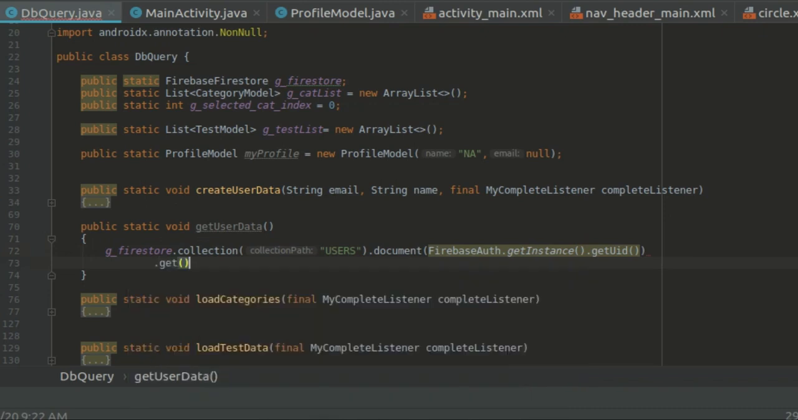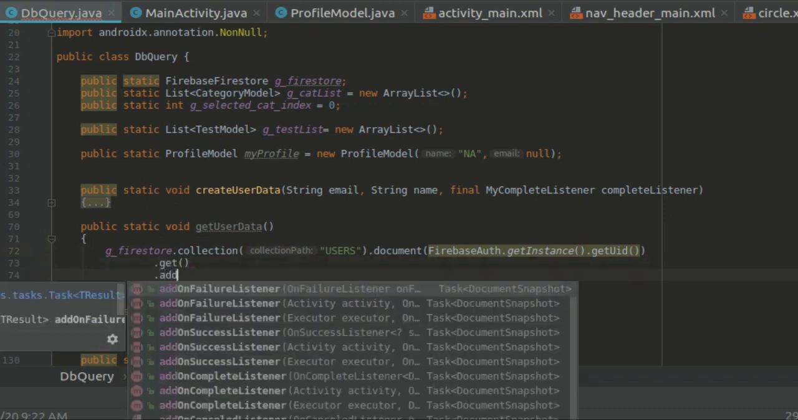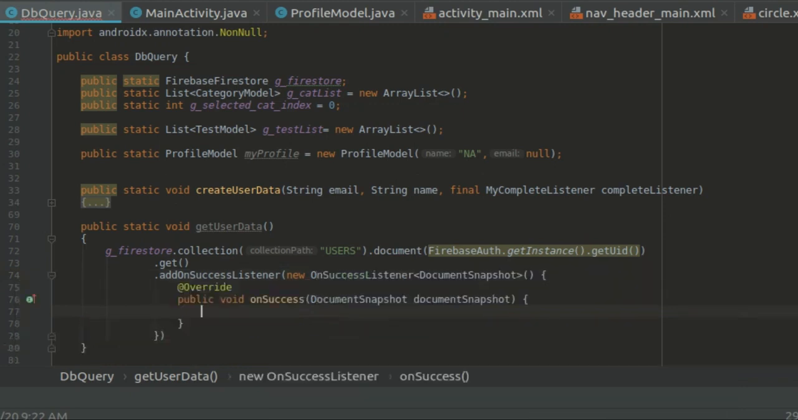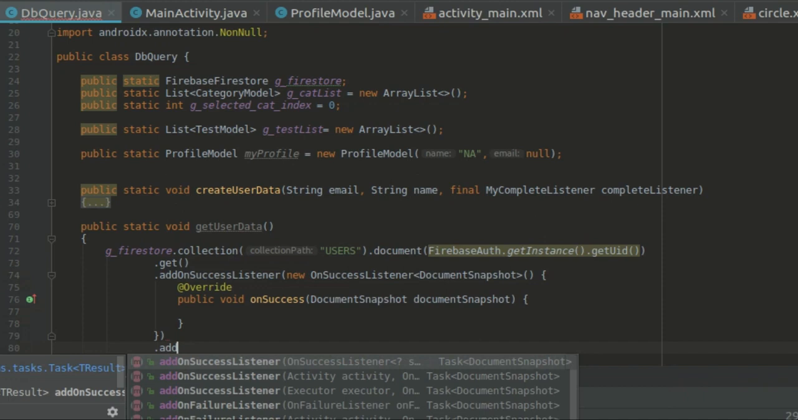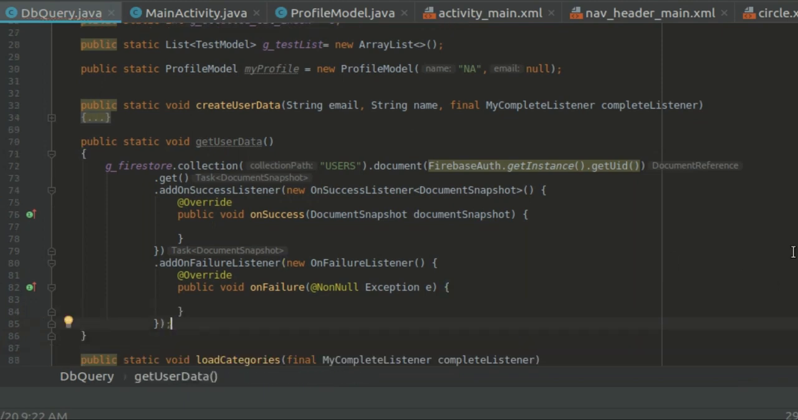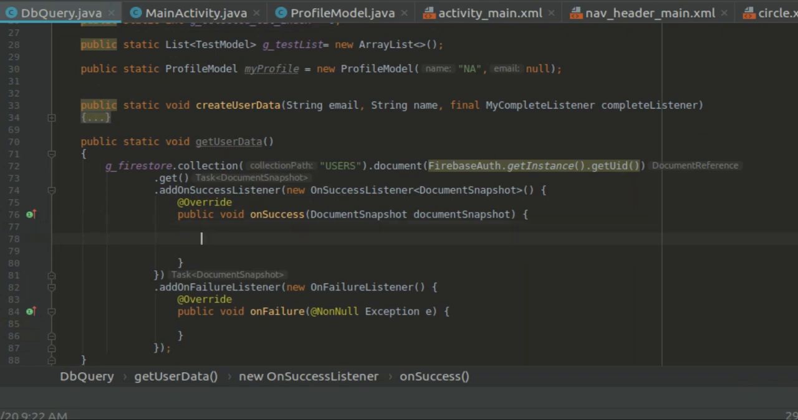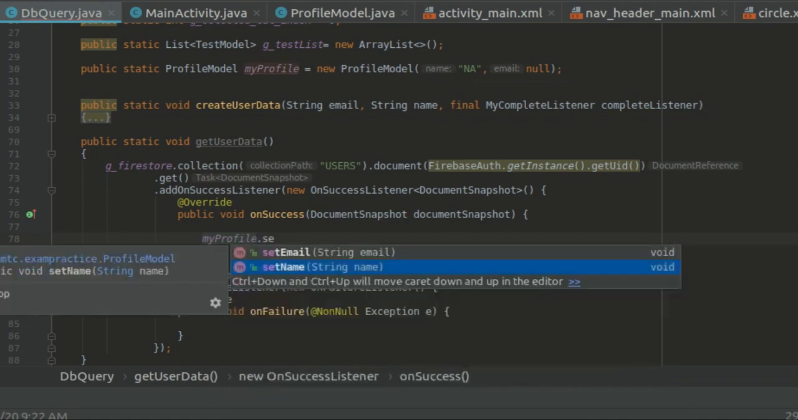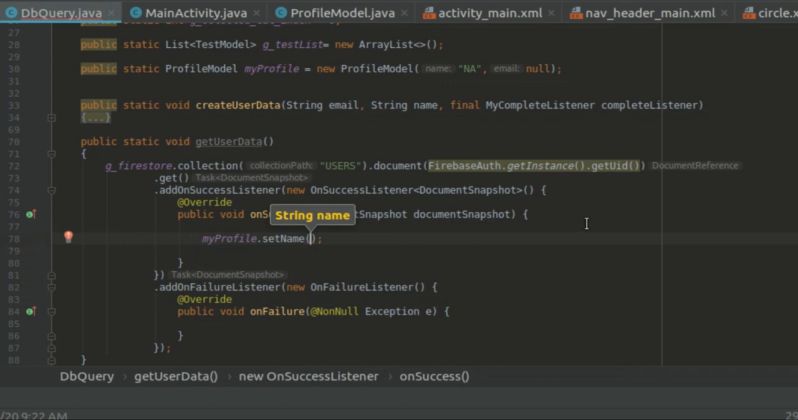And we want to fetch this document. So dot get, now dot add on success listener, new on success listener, and also add dot add on failure listener, new on failure listener, and here close this. Now in case of success, here we need to fill our my profile variable. Okay, so here get the data. How we'll get the data? Here fill my profile dot set name,